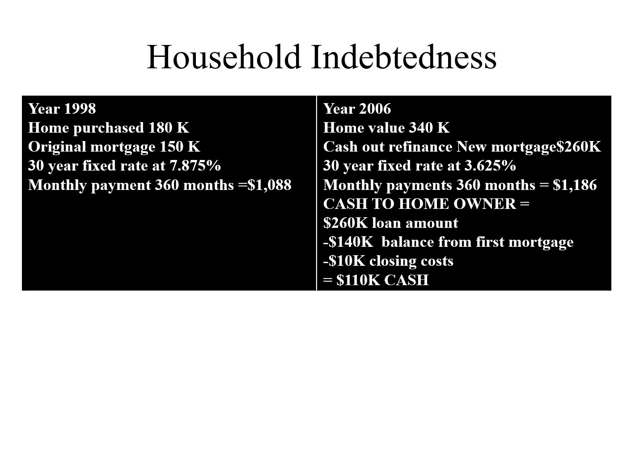On the left, the monthly payment for the 30-year fixed rate mortgage at 7.875% on $150,000 was $1,088. Because interest rates declined so much, the payment on the new mortgage is only $1,186, only $98 more than the original mortgage. So this person is paying only $100 more roughly per month to finance their home and walked away with $110,000